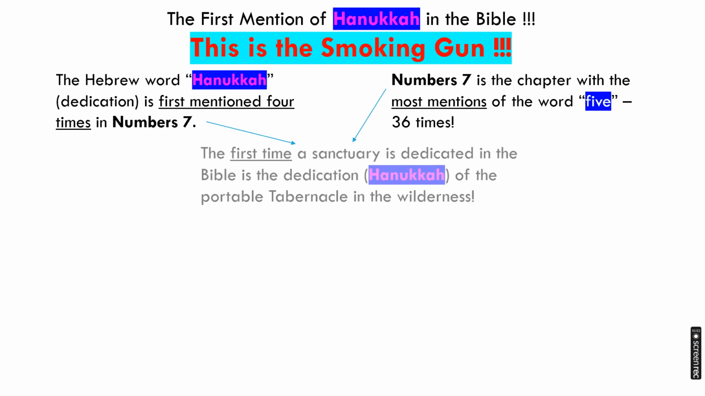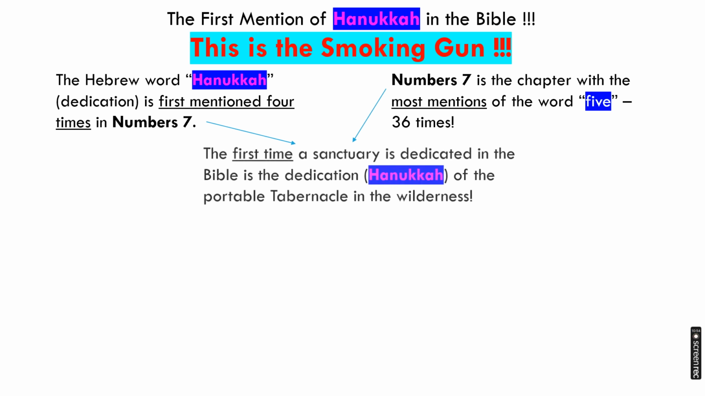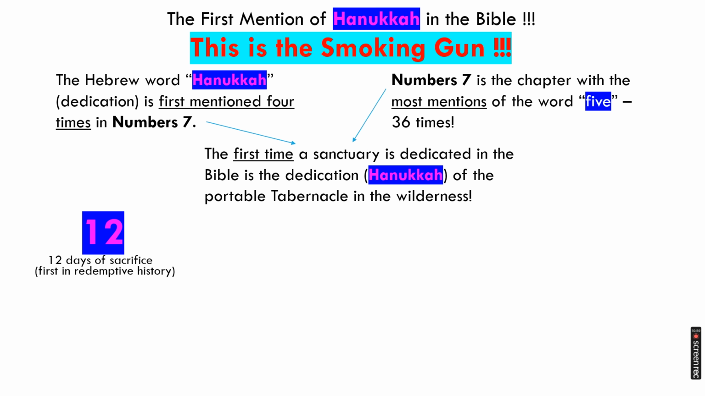So this is the first time the sanctuary is dedicated. It lasted 12 days, with each of the 12 princes bringing identical sacrifices for each of the 12 tribes. Significantly, this is the first time sacrifices were offered to God in a sanctuary worship setting. The total number of animals sacrificed is